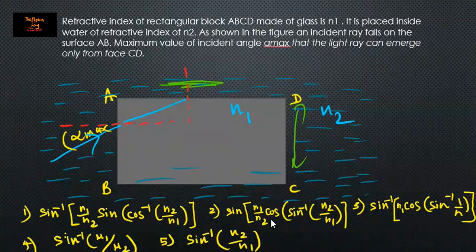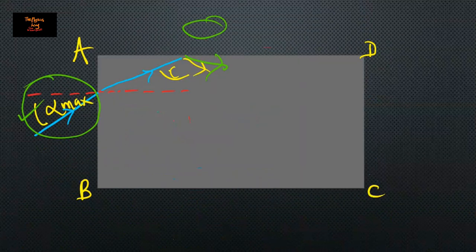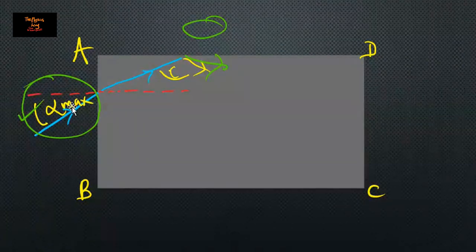So their condition is the ray cannot go through the AD surface, it will go through only the CD surface. That means at the AD surface the ray will undergo total internal reflection. Here they are asking us to find a maximum angle. So let's get into the question now. Alpha max. So if this is maximum,